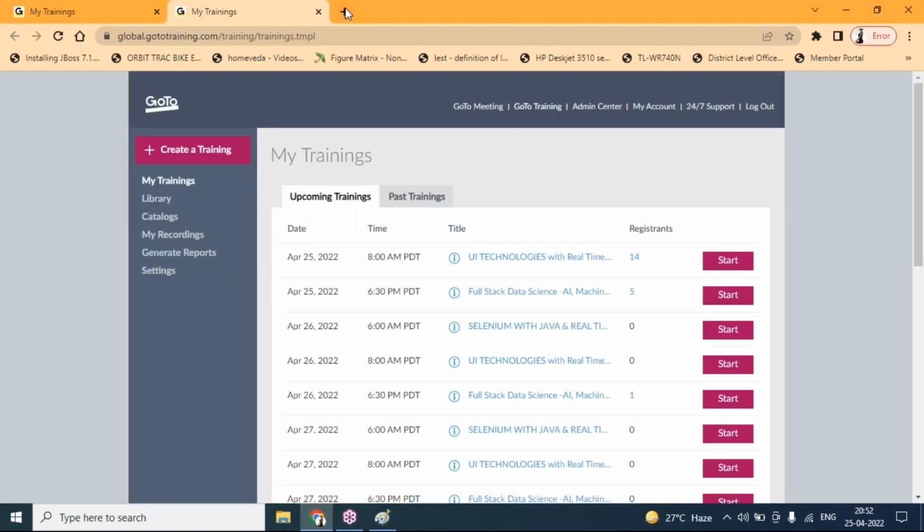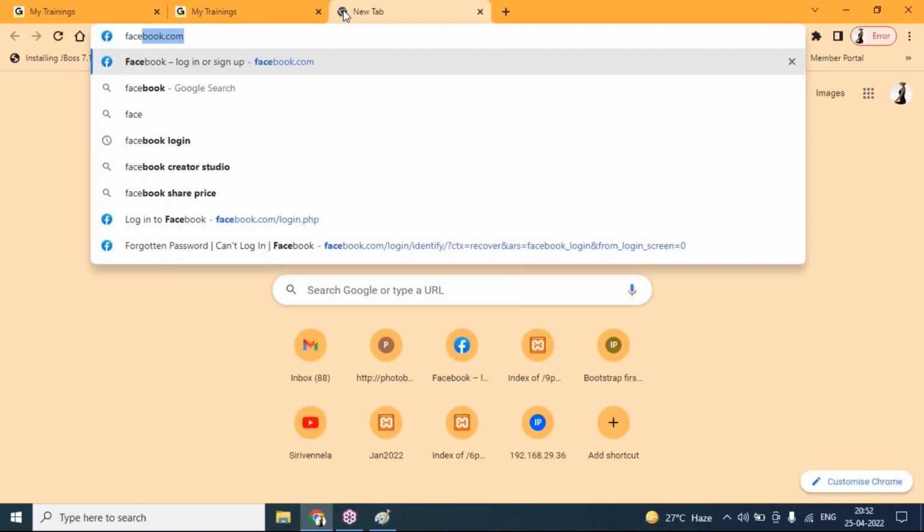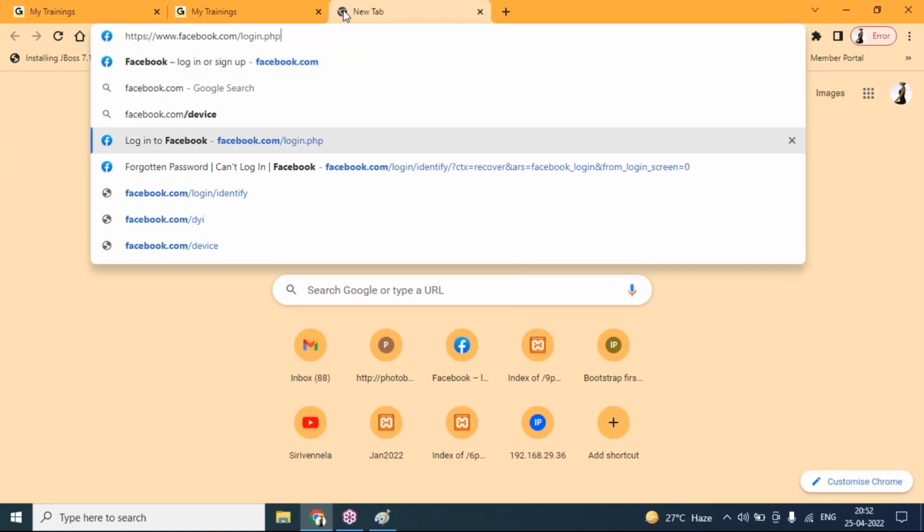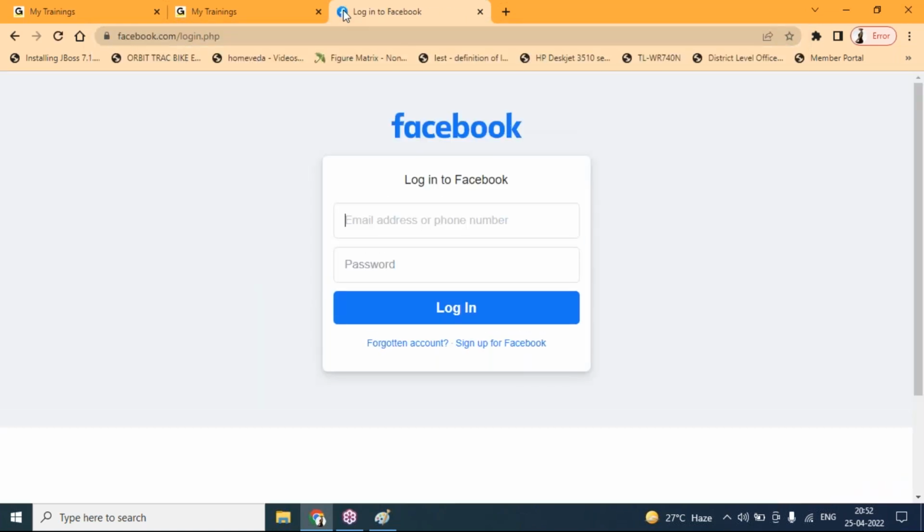Suppose you see facebook.com, that Facebook page. If I click on that submit button after entering my details, I'll enter something here, and if I click on the submit button, it will redirect to the next page. This is one front-end page, a user interactive page. So after clicking on the submit button, it is again redirecting to the server page. This page is interacting with your server page. So whenever my page is interacting with a server page, the server has to